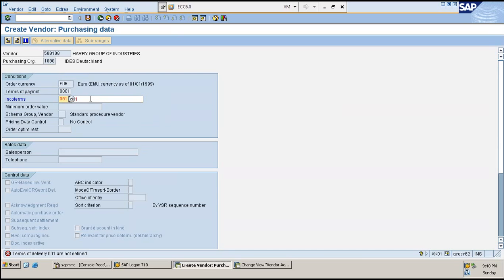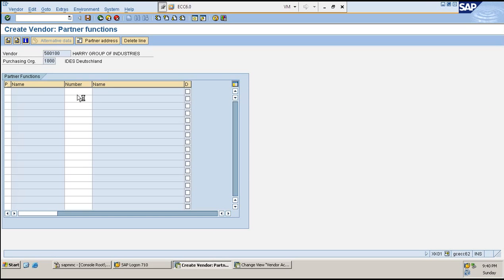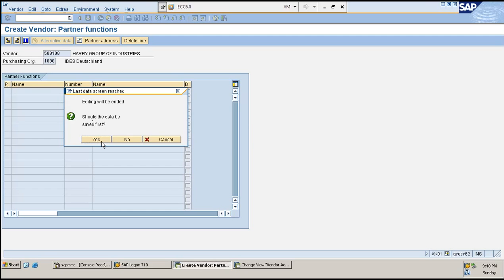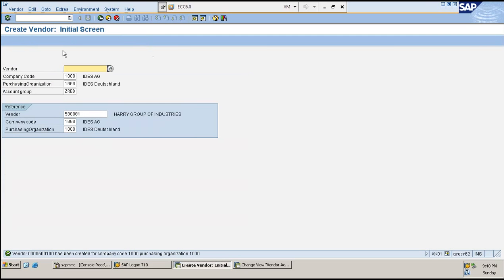Terms of delivery are not defined. Okay, DDP, let me give this. I gave DDP and 001. The vendor number is 500100, correct? The vendor number is 500100 in XK02.